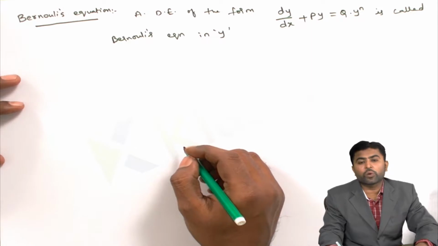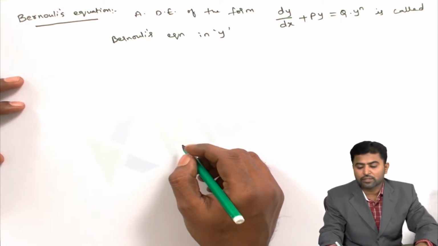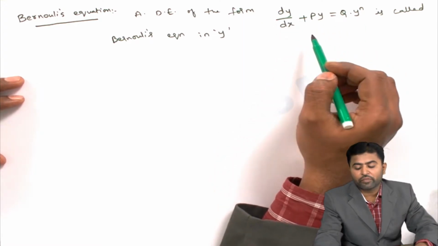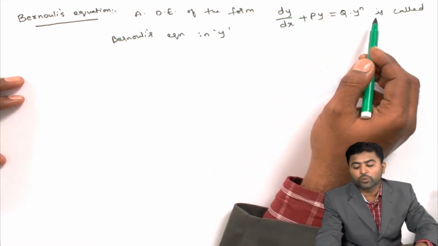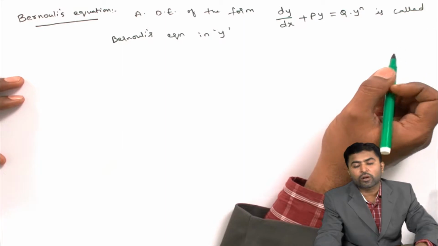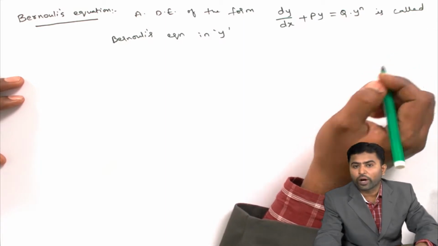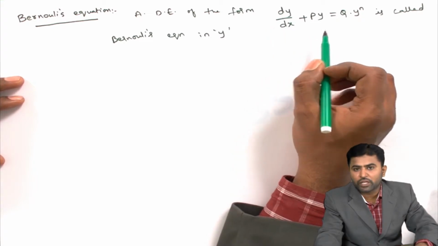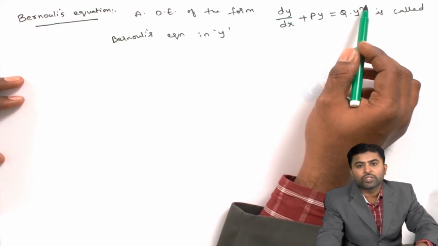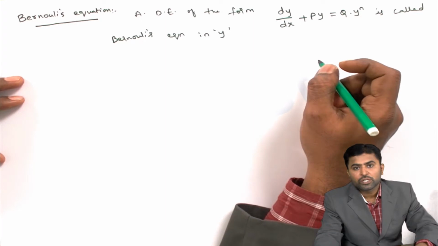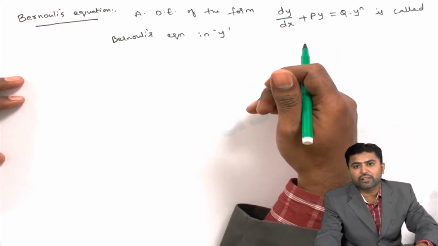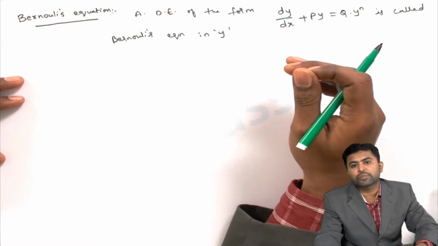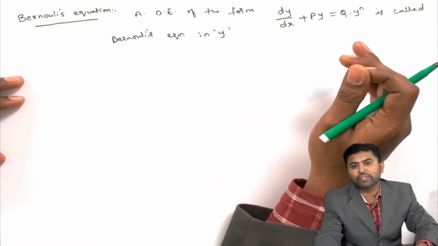Similarly, we can write Bernoulli's equation in x. So what we wrote is a differential equation of the form dy by dx plus py is equal to q into y power n. It is called Bernoulli's equation in y. If you observe, this is similar to a linear differential equation with the extra term y power n. So therefore, this can be made as a linear differential equation in y by using some suitable substitution after dividing it